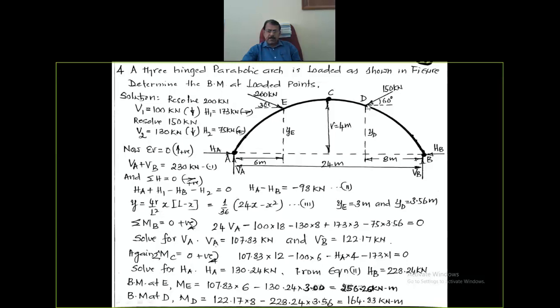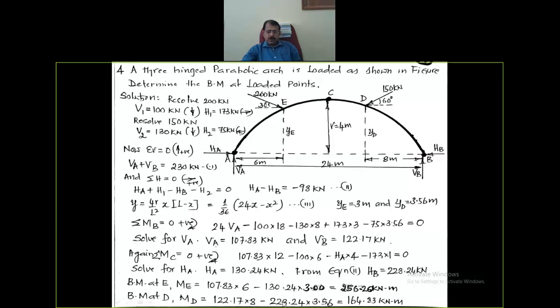as the bending moment at D. Now calculate the bending moment at E, that is ME. That is given by 107.83 into 6 minus 130.24 into 3. Simplify that, the value works out to be 256.26 kilonewton meter. And then calculate the bending moment at D, that is given by MD is equal to 122.17 into